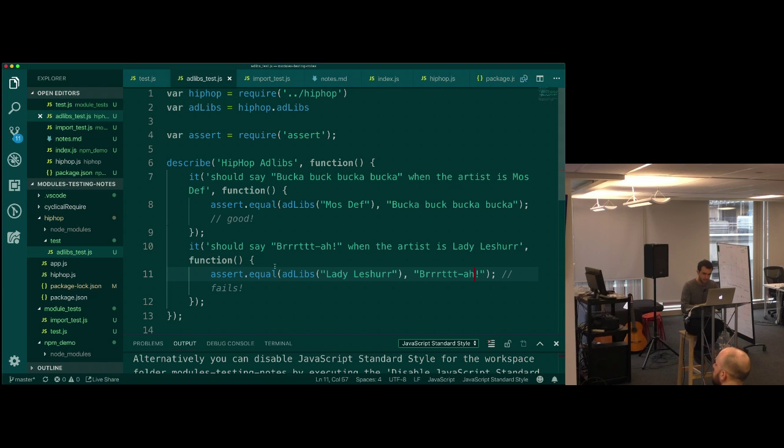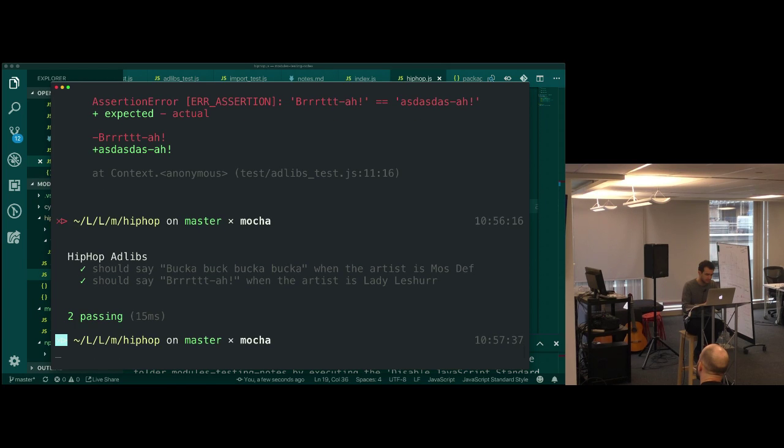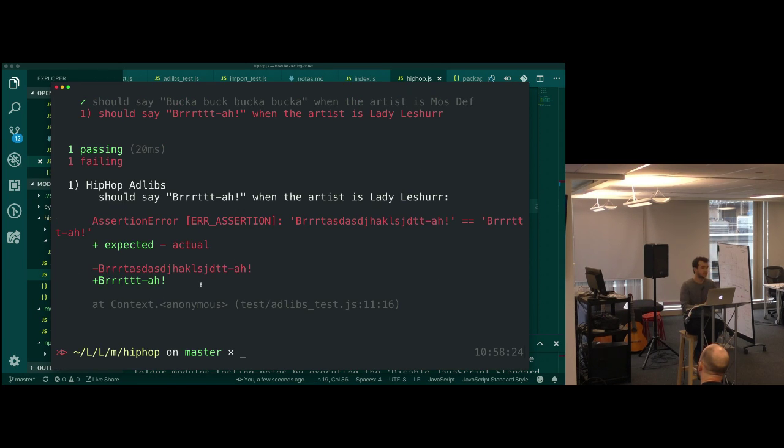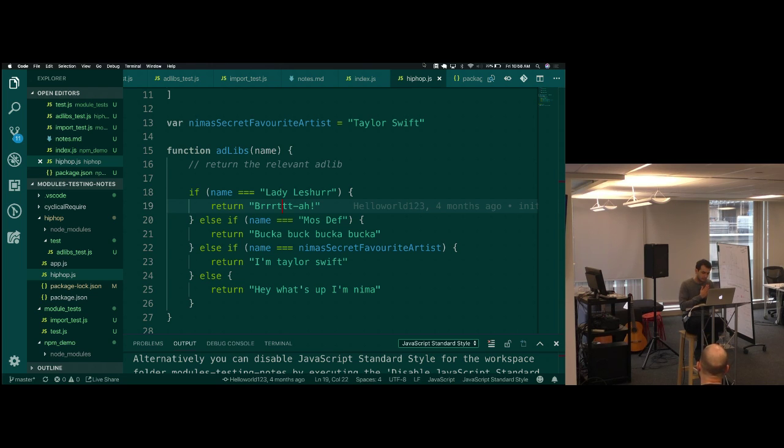So if in my hip hop, if this was your code that you were working on, it's wrong, and you run your tests, and it says there's one broken, that's an indication to you that you should look into your code and figure out how to make this thing pass the test, right? This is your introduction to something called test-driven development, where we write tests and then we write code to make those tests pass, right?